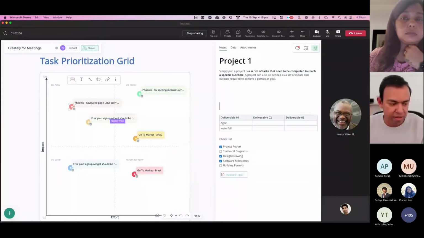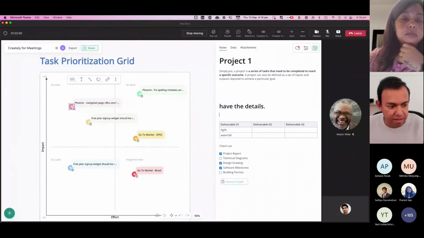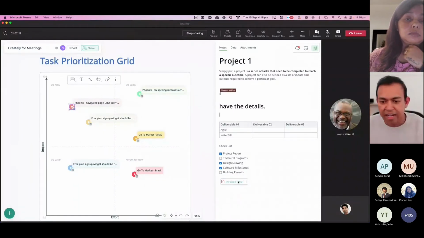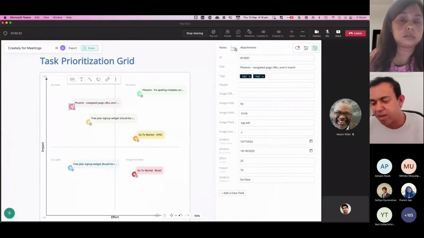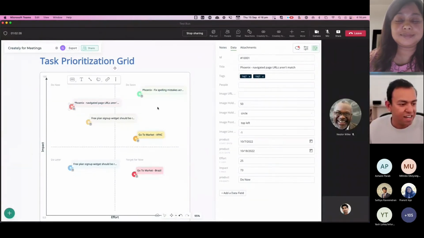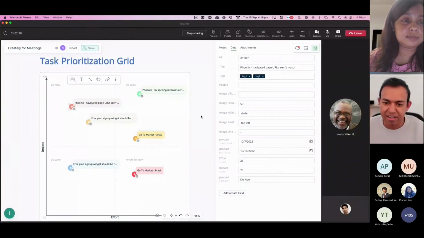So you have the details right here. You can have discussions, you can have comments, you can even have attachments. So these are great for process flows or even task management, or even doing requirement specs, architecture documents, and so on. And I don't have a lot of time to cover this stuff, but everything on the canvas actually works. So these are like visual apps.